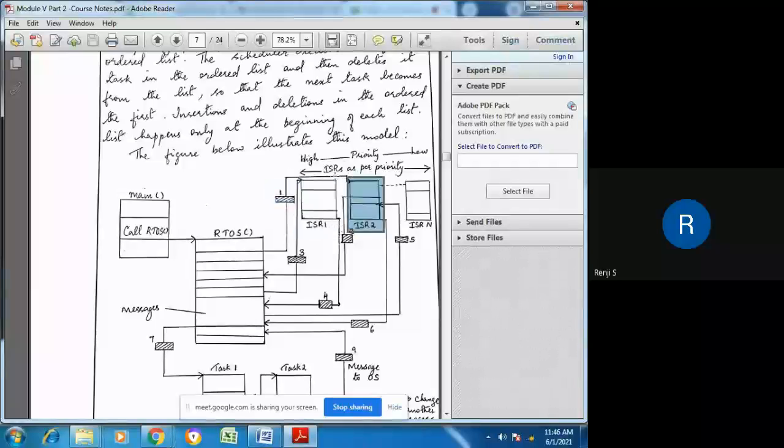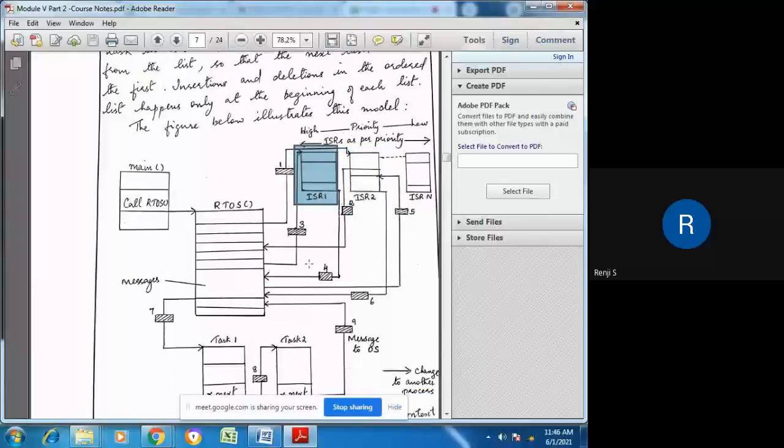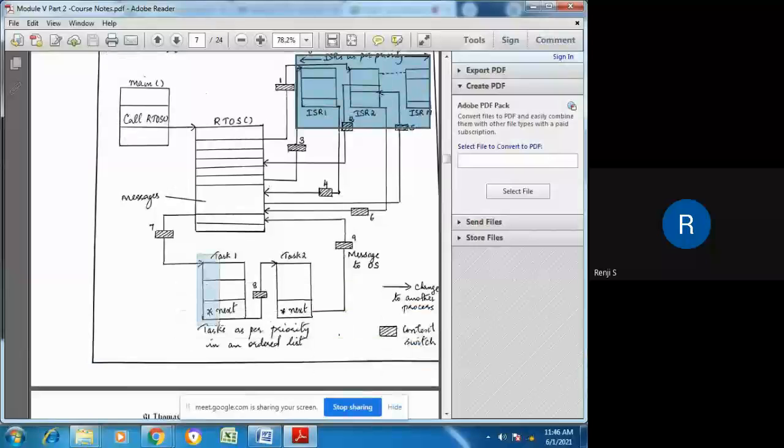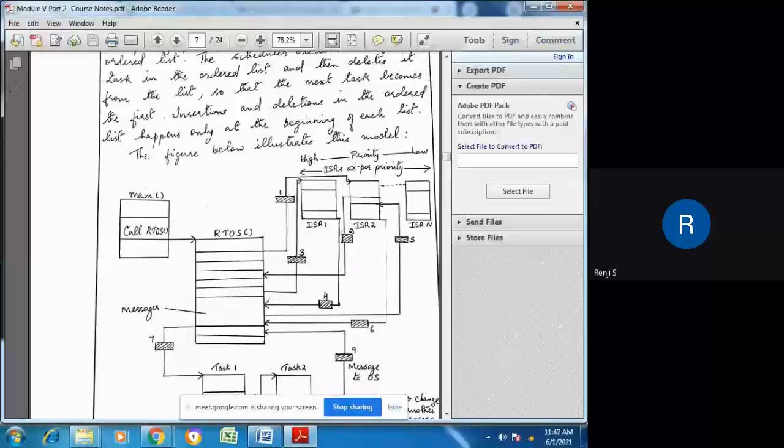So this arrow goes to ISR2, and this ISR2 gets executed first since it has higher priority than ISR1. So here there are two levels of priority assignments. One is for the interrupt service routines and the other is for the tasks that are being generated by these interrupt service routines. And so here ISR2 has the highest priority, and so it will be executed first.